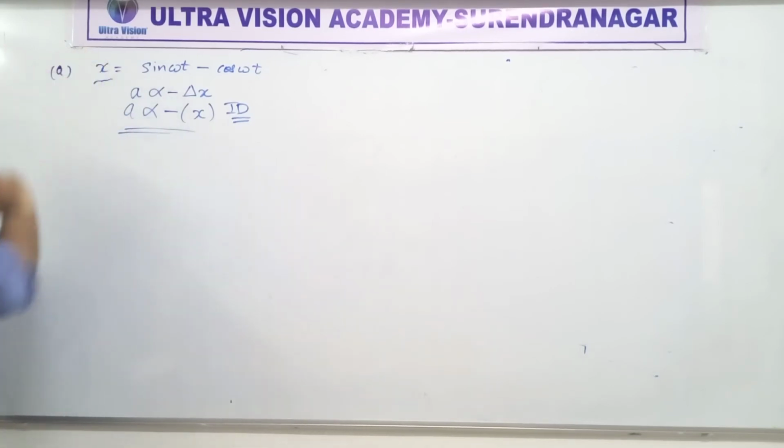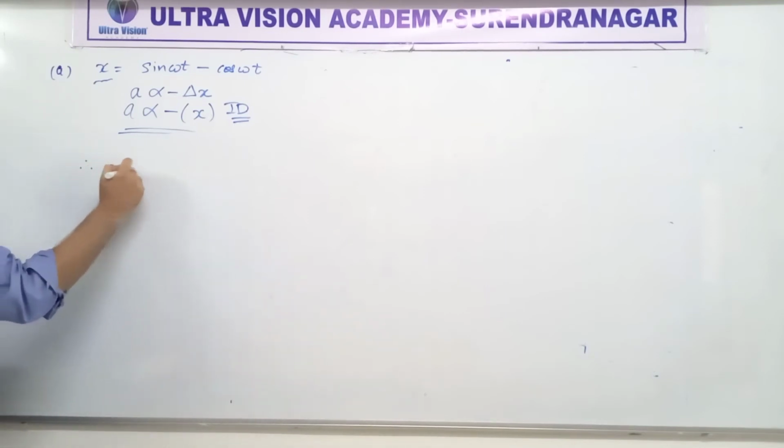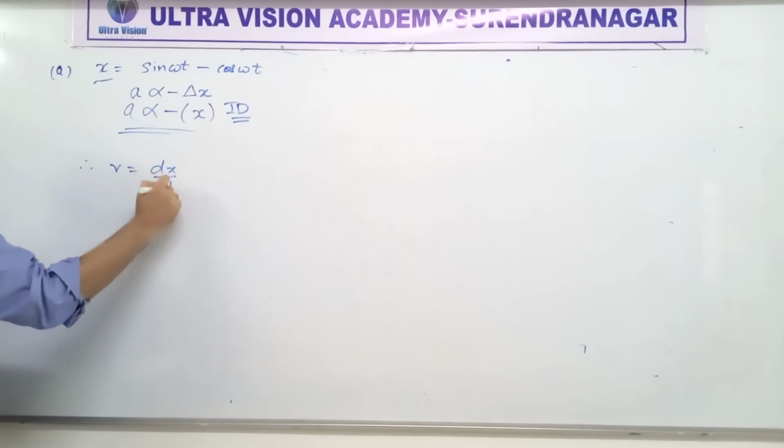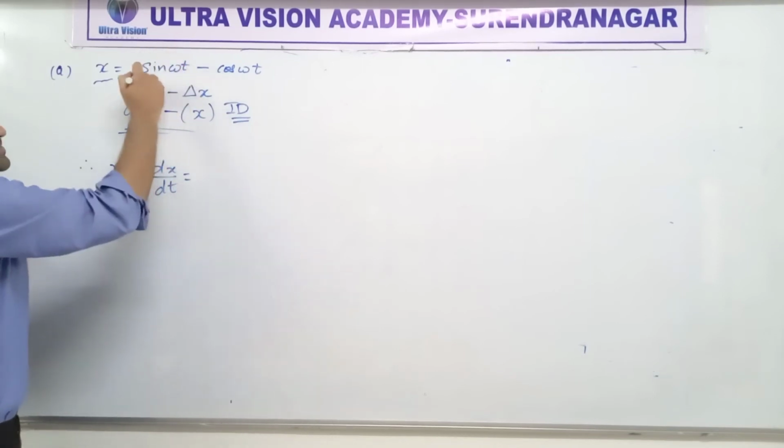So from x, how can I find acceleration? From position, how can we find acceleration? Come on people, think about it. By differentiation. Very good. How many times? Two times. Very good. Okay, so first time, v, that is velocity, equal to dx by dt, is equal to differentiation of